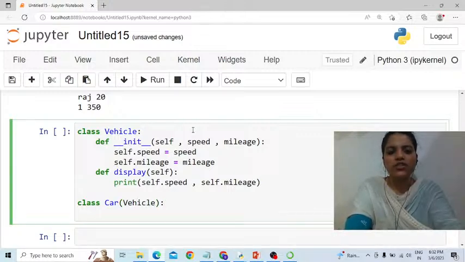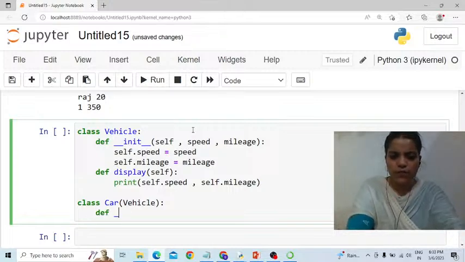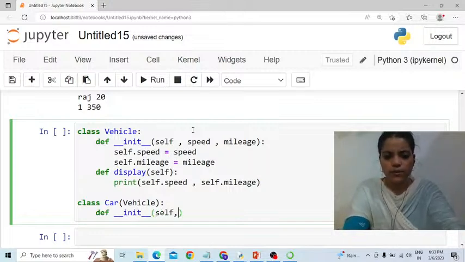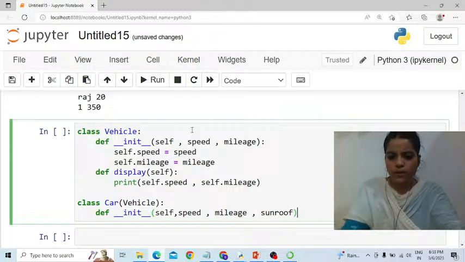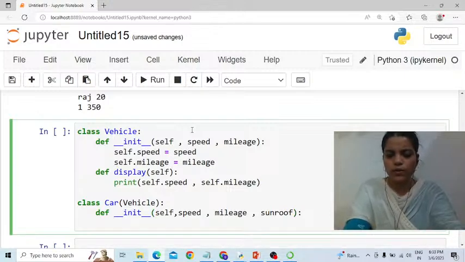Say one additional property that a car has is, let's call it sunroof. So this is the constructor of Car. Init self, let me say speed of the car, mileage that a car has got to offer, and say sunroof, which will accept either yes or no. Sunroof: if a sunroof is supported, yes, otherwise no. Right, so let me say like this,